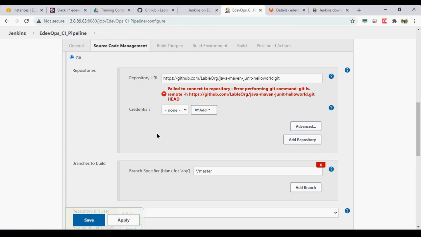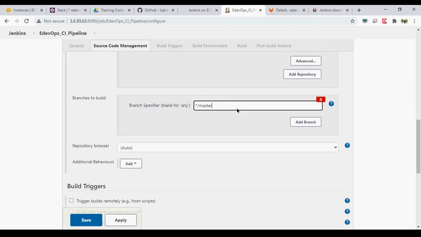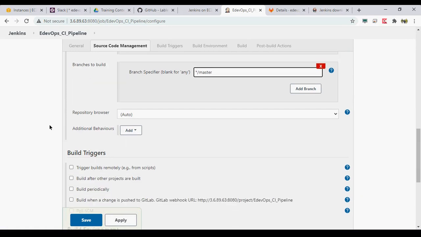It will show you this error for the time being, but once we run, we will see it will resolve this. Okay, here we can choose which branch to build. Since we are using a manually triggered job, we can hard code it. Otherwise, there are multiple environment variables which are pushed by GitLab or GitHub, so we can use those.